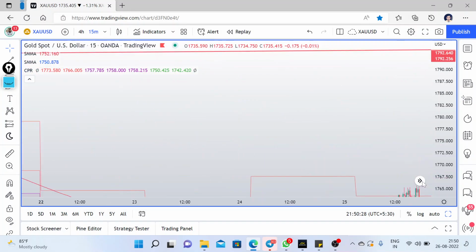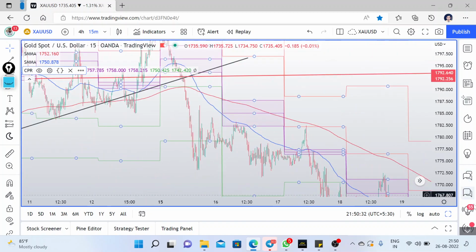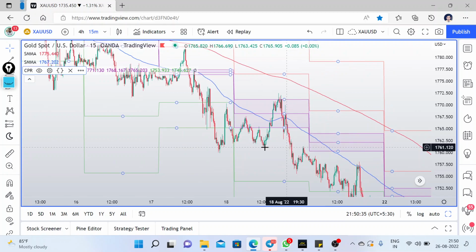Now in the next day also, sorry, we were here. So as you can see, in the next day also we have to think about the sell. And as I said, do not try to trade in US session. You can open your sell entry, like in Japan session. You can see